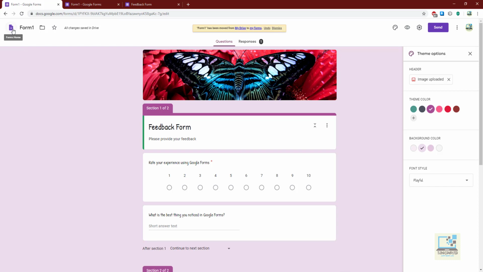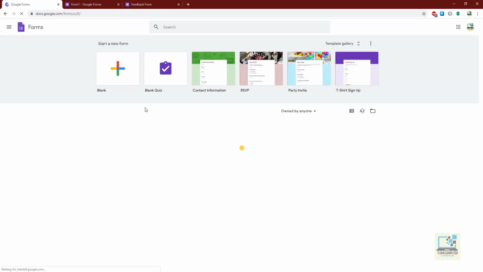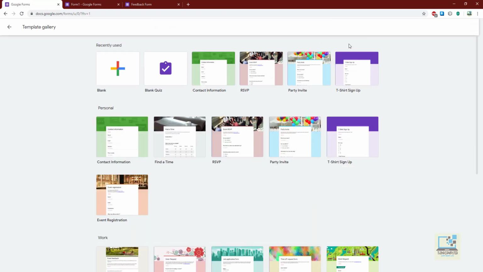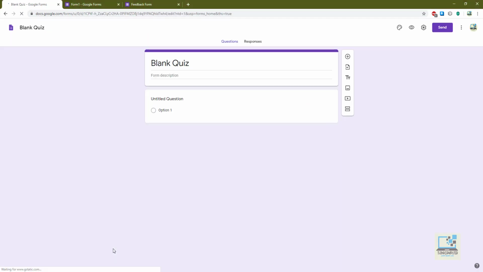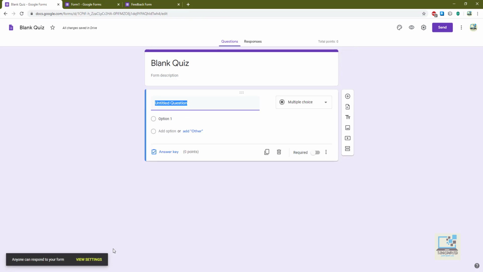Okay, now I will explain you how to make an online quiz or MCQ test. So go to the main window, open the template gallery, blank quiz, open this. The main difference between a quiz and a normal form is that a quiz has the option for you to provide the correct answer and assign different points to different answers.